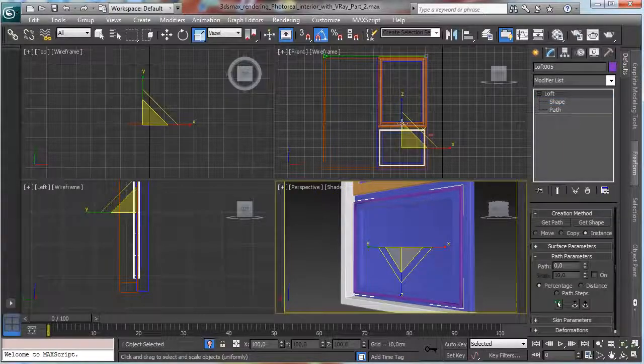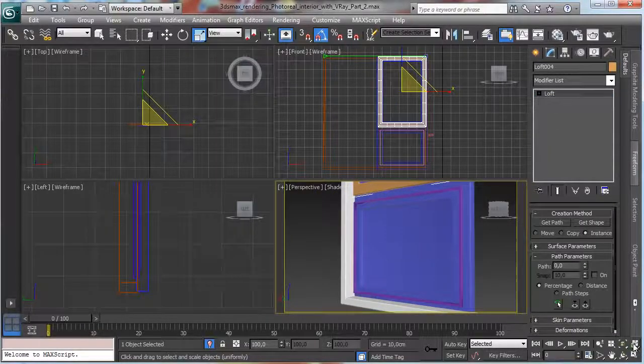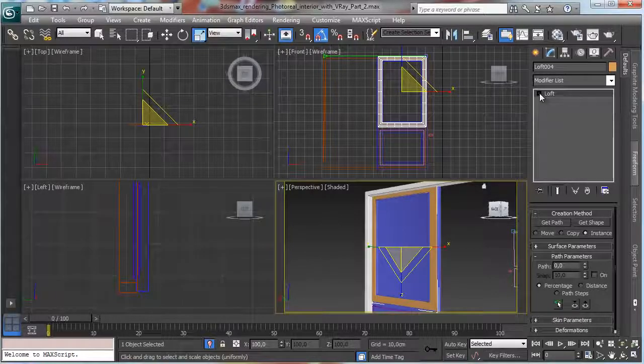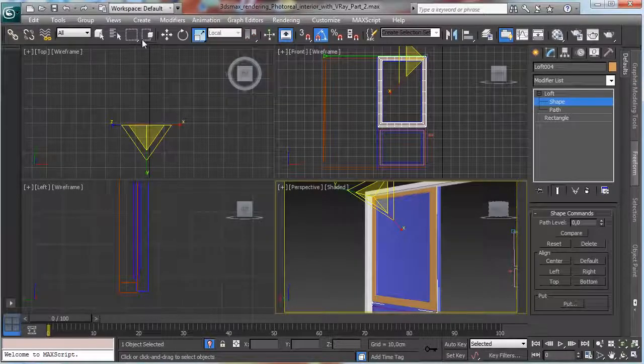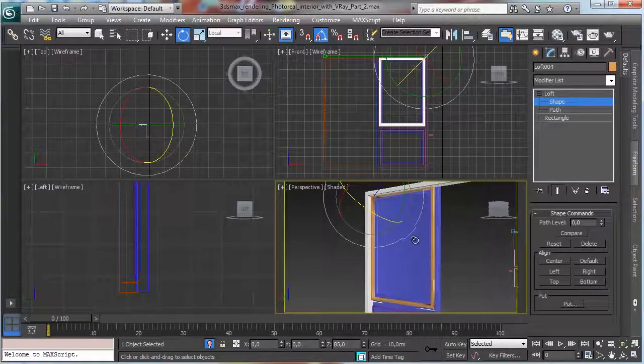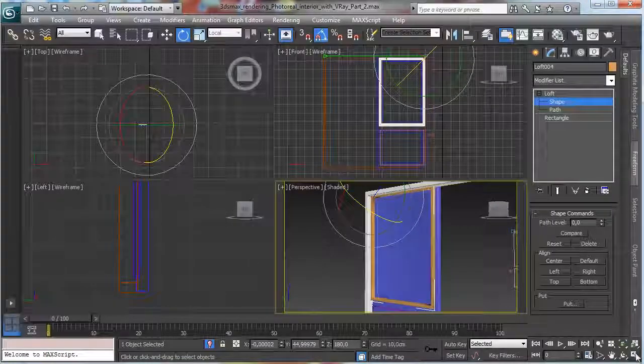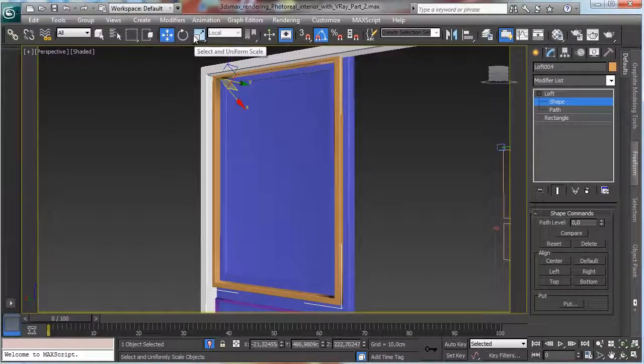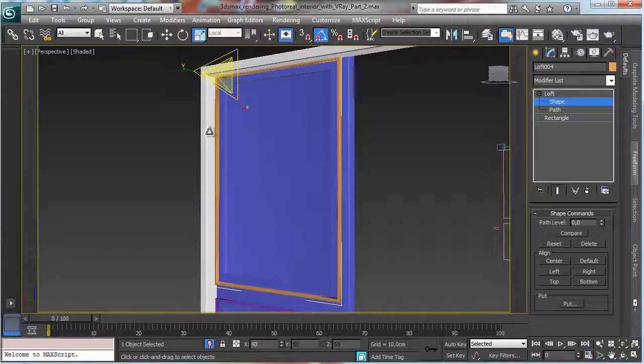Okay, nice. Same thing for the other. Let's go for the shape, rotate it by 90 degrees, and let's scale it just to have a similar border there. Okay,